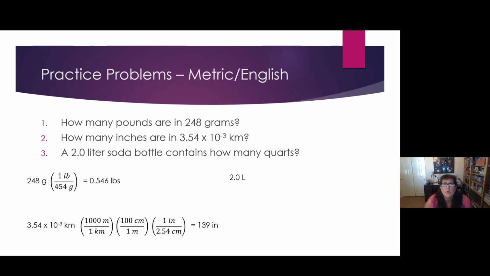So we have liters. What do we know about liters that will help us get to milliliters? Well, which one's smaller, the milliliter or a liter? The milliliter. Okay, liter's bigger. How many milliliters are in a liter? Milli means 1,000, right? 1,000 milliliters in a liter. What's on the bottom? We need the liter on the bottom. So we got 1,000 milliliters over a liter. Liters cancel. We got our milliliters.